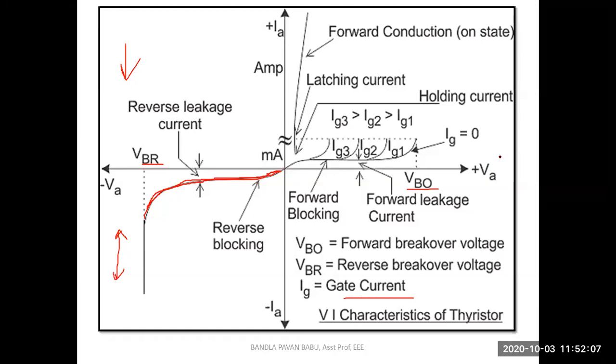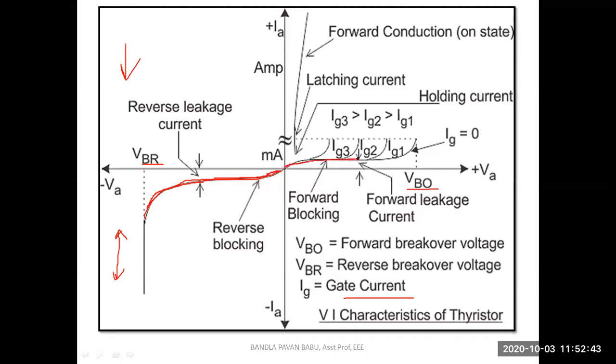Obviously the voltage is applied between two terminals, that is anode and cathode. Next, what about this current? It flows through the anode, so that is the anode current IA. And the gate current flows through the gate terminal with the help of the switch. Fine. So now we have to analyze the characteristics in forward blocking mode, when the anode cathode voltage is applied. You can see the characteristics here.